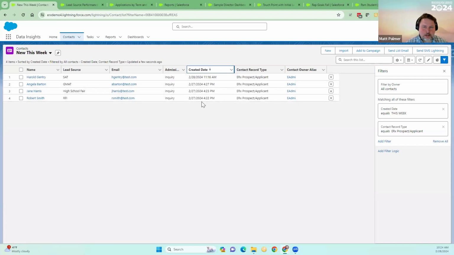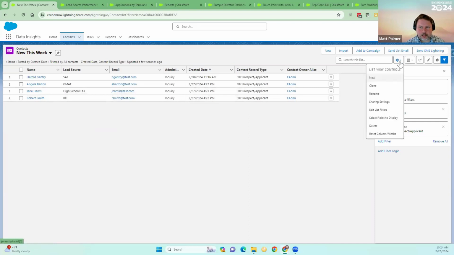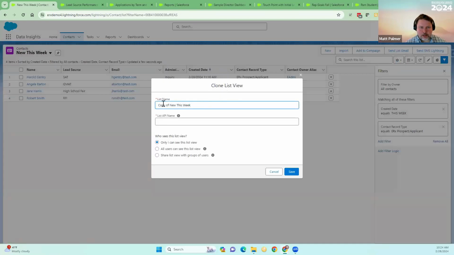Now let's talk about an example where I want to take this one level up and say, okay, this is helpful to see all my records this week, but what if we looked at all new records today? The way that I would do that in that scenario is click the gear icon and go down to clone. It will default to putting copy in front of the name, but what you can just do here is say